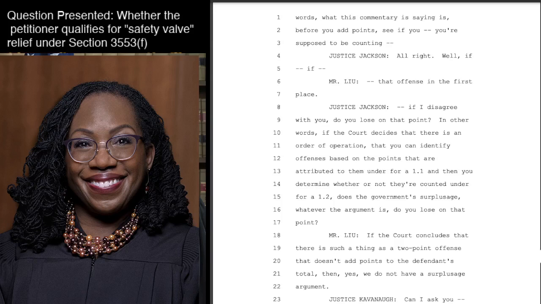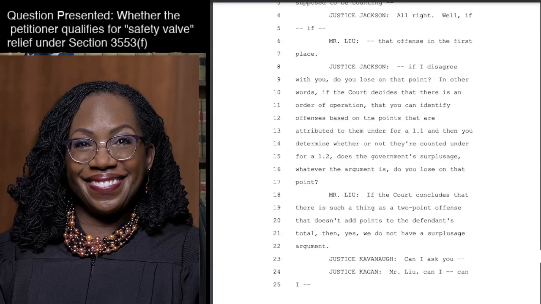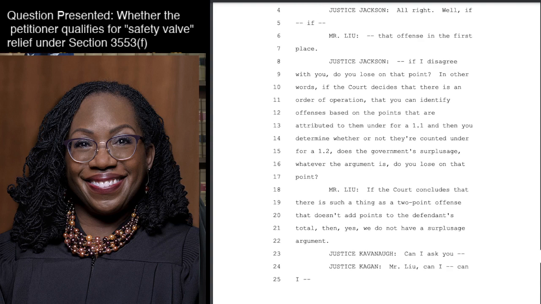If I disagree with you, do you lose on that point? In other words, if the court decides that there is an order of operation, that you can identify offenses based on the points that are attributed to them under 4A1.1, and then you determine whether or not they're counted under 4A1.2, does the government's surplusage argument, whatever the argument is, do you lose on that point? If the court concludes that there is such a thing as a 2-point offense that doesn't add points to the defendant's total, then yes, we do not have a surplusage argument. Mr. Liu, can